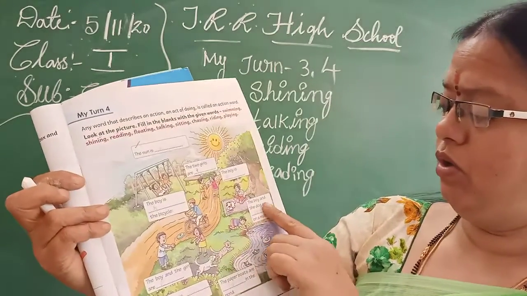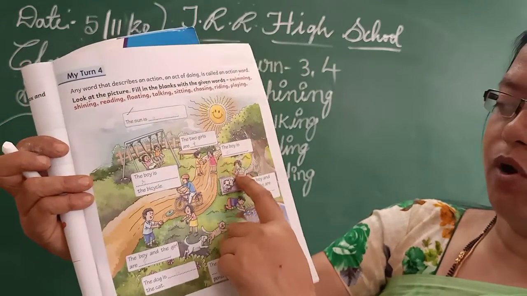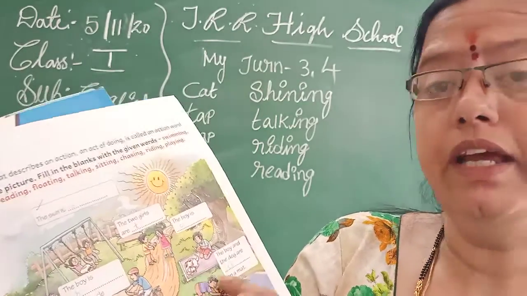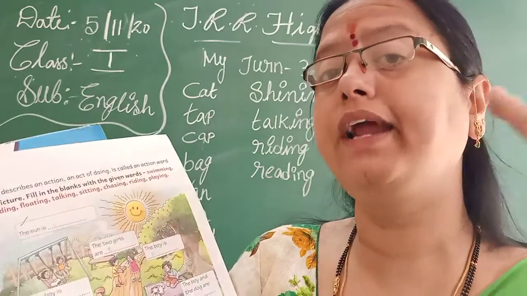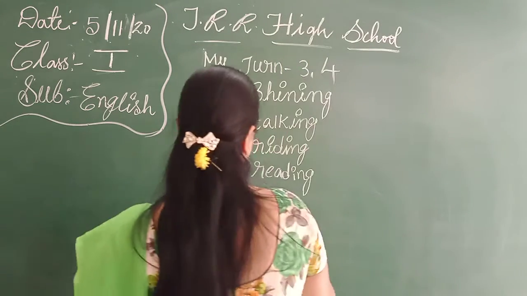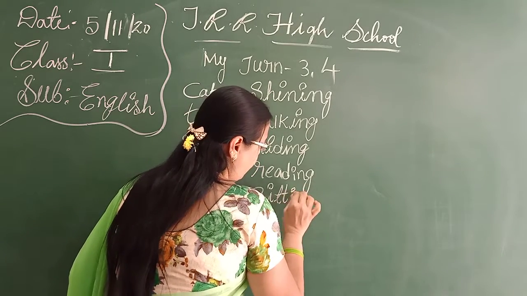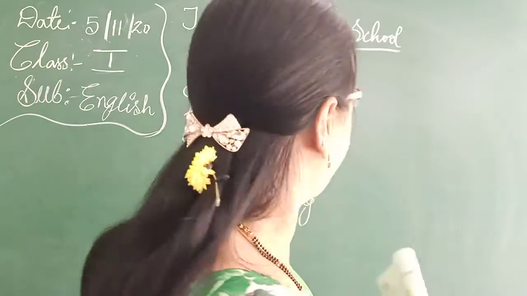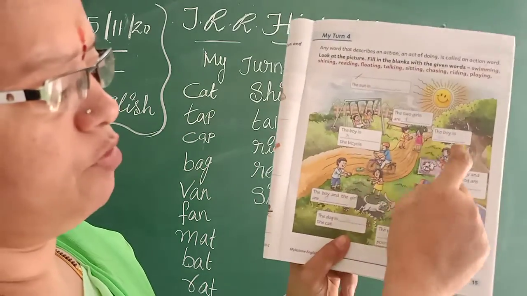Okay. Now, the boy and the dog are dash on a mat. The boy and the dog. What are they doing? Where are they sitting? What are they both doing on the mat? They are sitting on the mat. The boy and the dog are sitting on the mat. What is the sitting spelling? S-I-T-T-I-N-G. The boy and the dog are sitting. Now, first, second, third, fourth, fifth over, no.